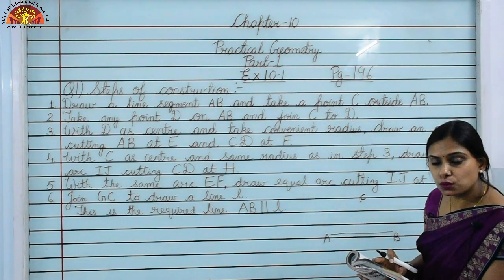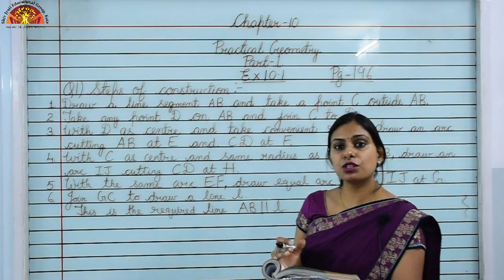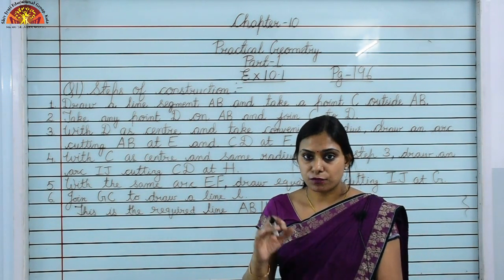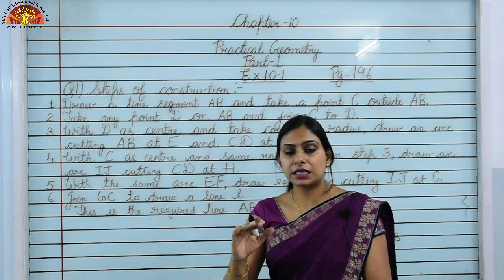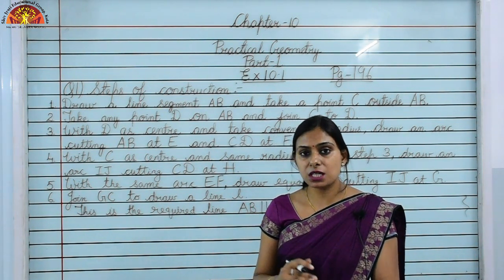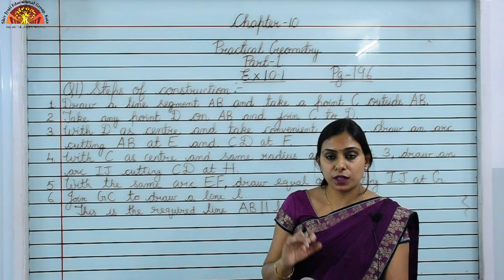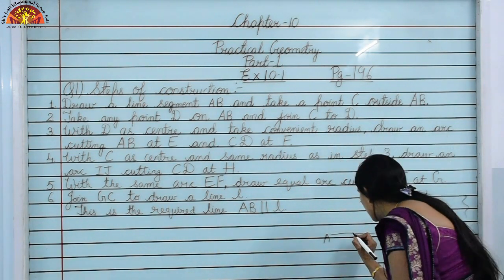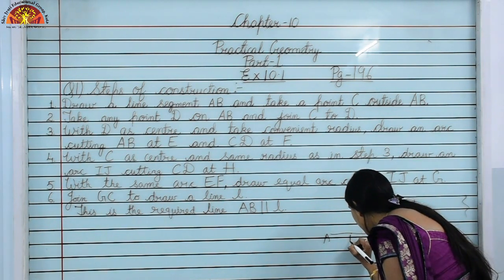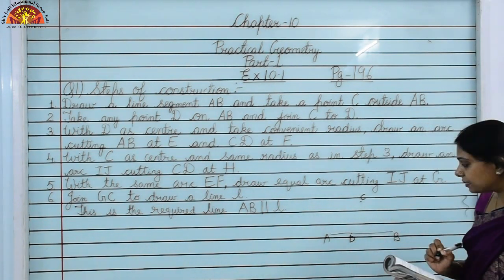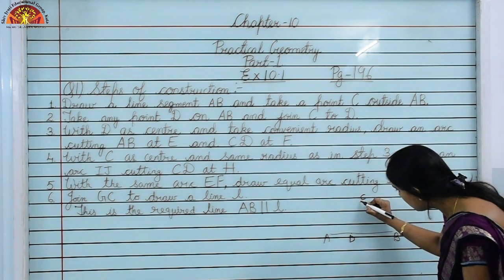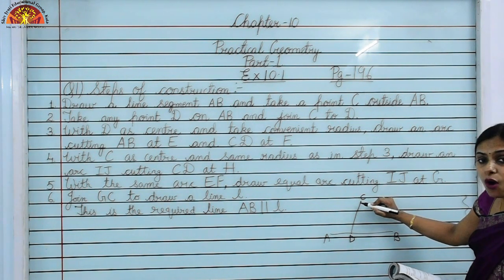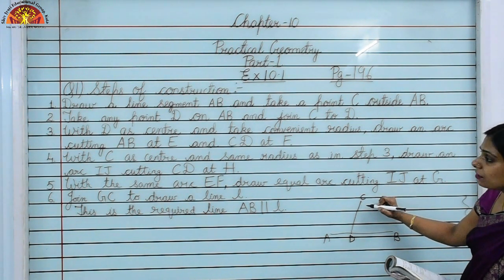Because we have to do the construction of parallel lines, and as I have already told you, for the construction of parallel lines the alternate interior angles or the corresponding angles must be equal. So first of all, you have to construct a transversal. For this, we will take a point D on AB. Is it clear? Now we will join CD. That is, CD is the transversal, so that we can draw the alternate interior angles on this transversal.